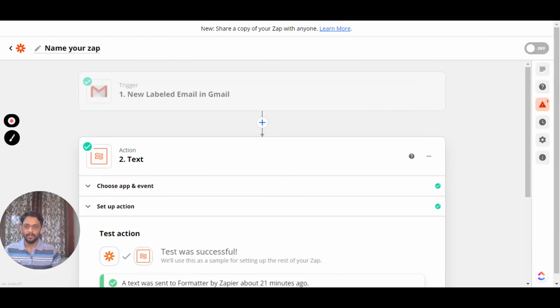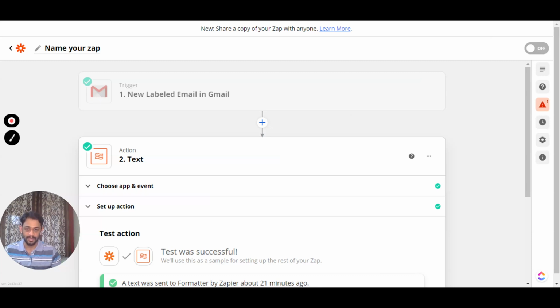Zapier is an excellent automation tool that allows you to connect all the apps you use in your business and create workflows for those apps. But different apps might need data in different formats, and Zapier has a solution for that. Text Formatter, designed to make it easy for you to transform text so that it's ready to be imported into any other application without formatting issues. In this video, I will show you how to use the text formatter and why it's one of the most